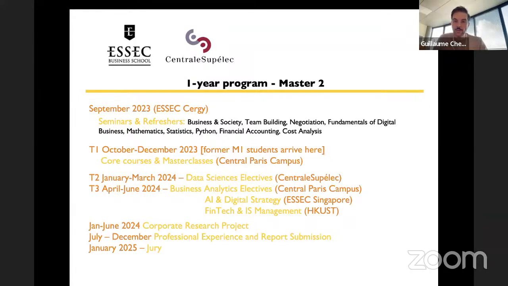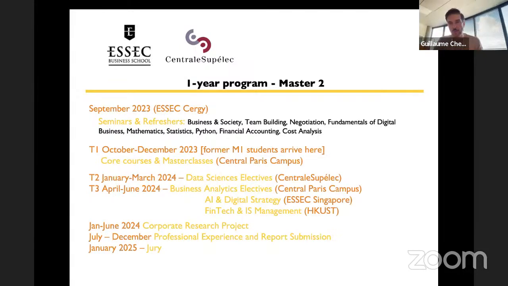In parallel to this, a key part of the program is that you're going to have a lot of group work. Working on projects is very important to us, and the projects are going to be in very diverse groups, so you take advantage of all the skills that you've developed before. And in parallel, starting in January, January 2024 for the current students, and then for you it'd be the year after,